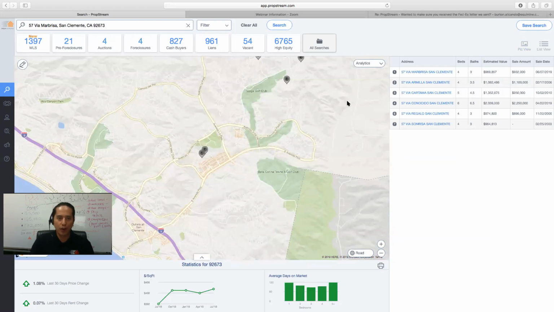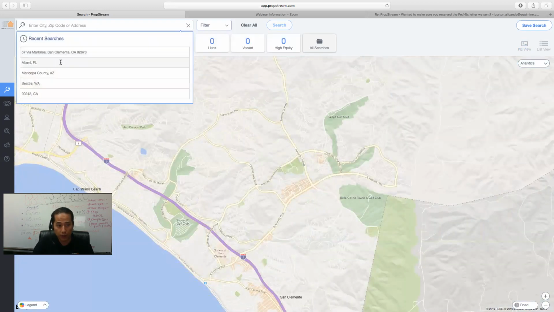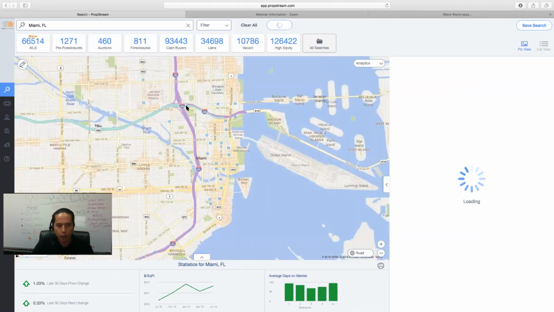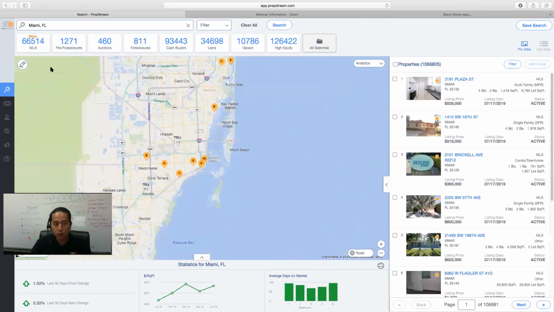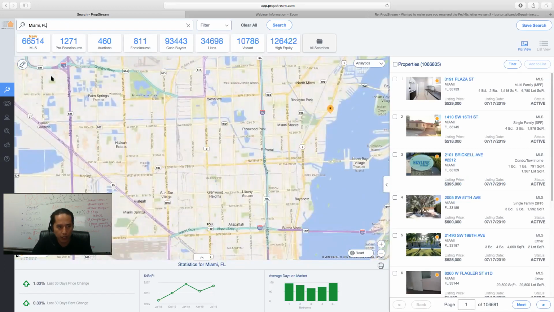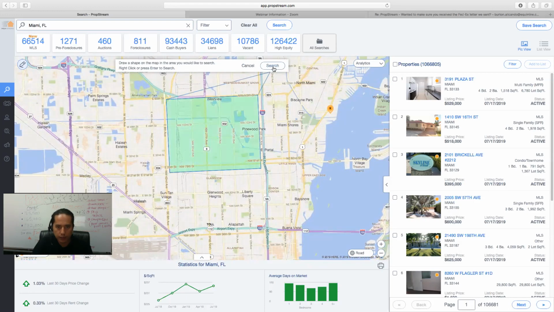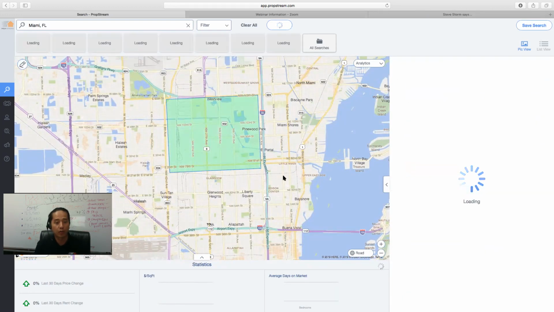So again, if you're driving for dollars, that's really popular there. And then the last type of search that you can perform is one of my personal favorites. Great for running comps, it's the draw search feature. So we have this tool here at the top left of the map, and you can zoom in and draw an area that you'd like results in only. If I click on that, there we go. So I just want my leads in this area, and then in a matter of a few moments, we're going